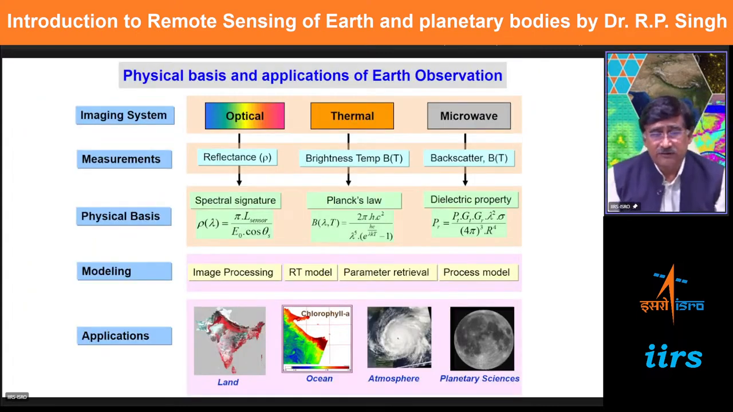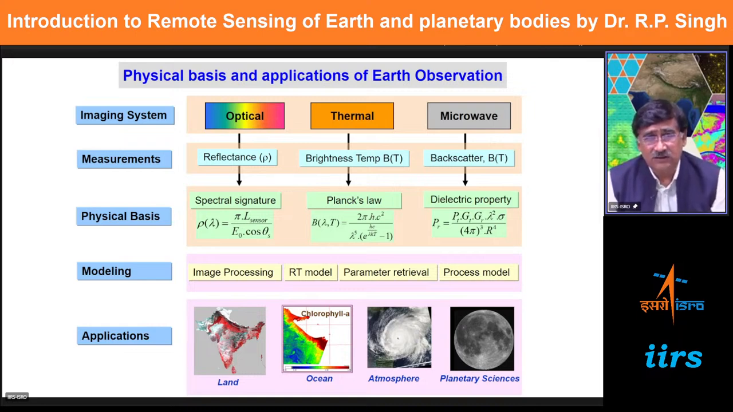The physical basis of remote sensing lies in the fact that one chooses a spectral window in the electromagnetic spectrum, spreading from the UV, optical, thermal infrared, and microwave region. Once we choose a window called optical, we measure the reflectance, the reflecting property of the object. When we choose the thermal infrared region, we measure the brightness temperature of the object. When we use the microwave region, which is a relatively longer wavelength region, we either get the brightness temperature,